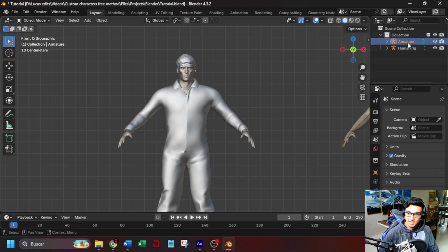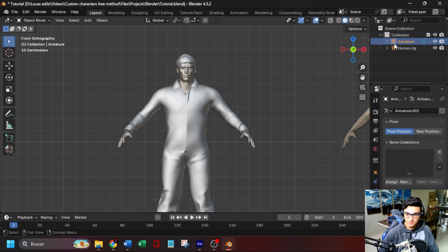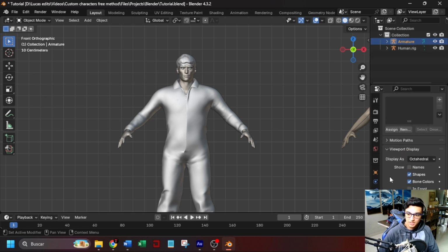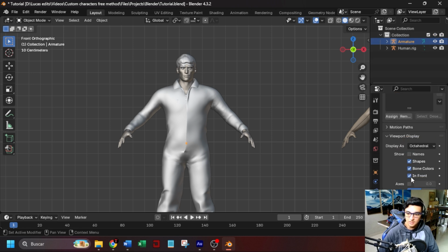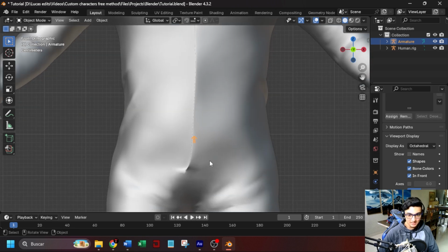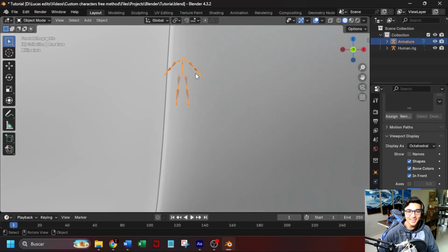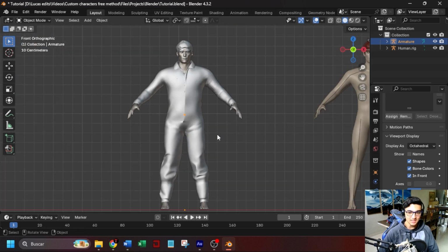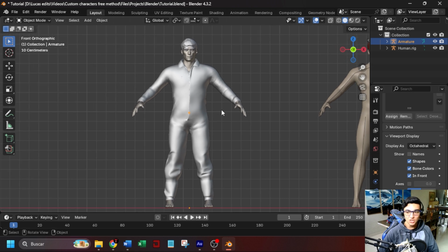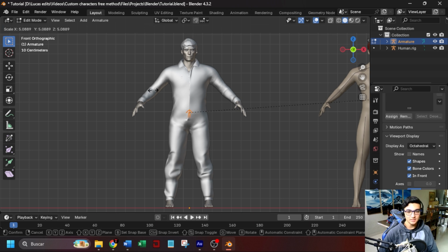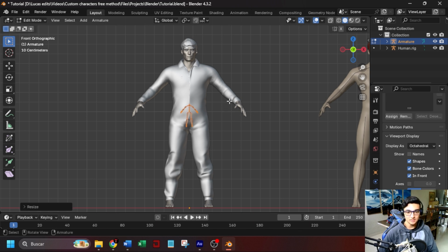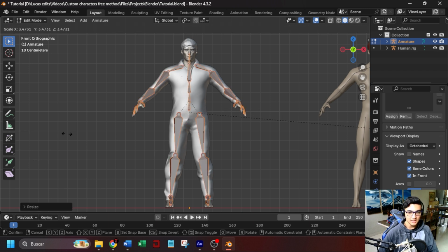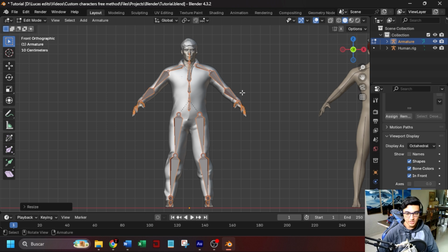So let's just select the armature right here, and then go to data properties of the armature, and then in viewport display you want to select here in front. And as you can see, this is a problem for MetaTailor. The bones are super tiny, so what you have to do to solve this, with the armature selected, go to edit mode, select everything pressing A and then S, and scale your armature, something like this,